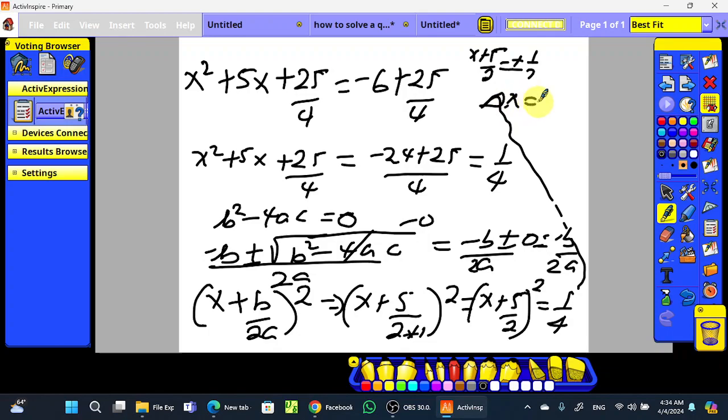X is equal to 1 over 2 minus 5 over 2. The first one is 1 over 2 plus 1 over 7, just that, minus 4 over 2, which is equal to minus 2. The other is, let me solve it for you. The other solution is